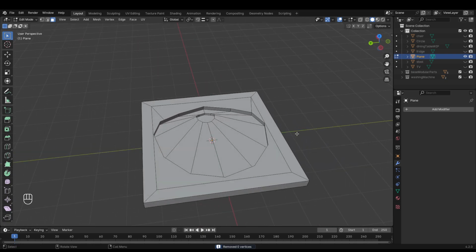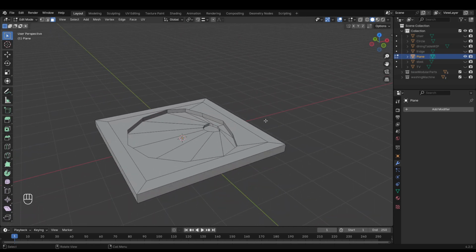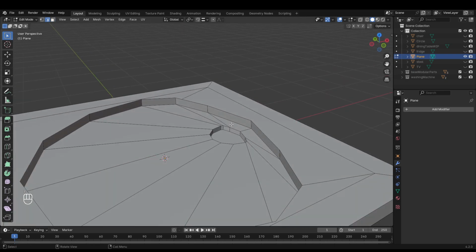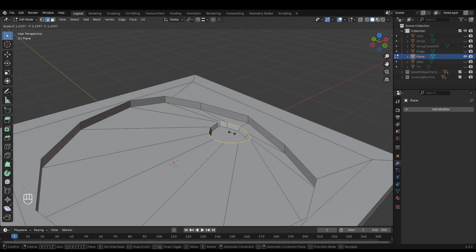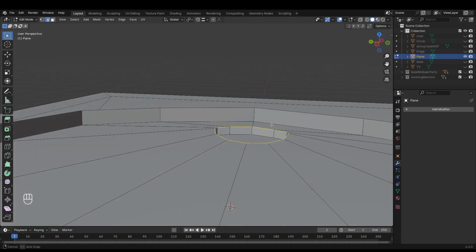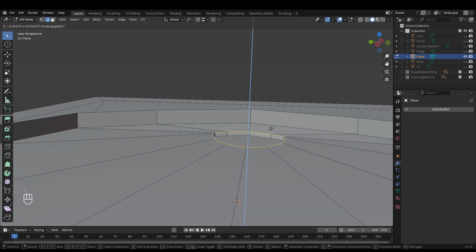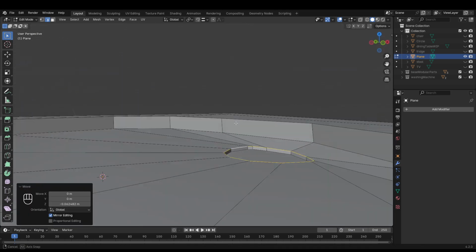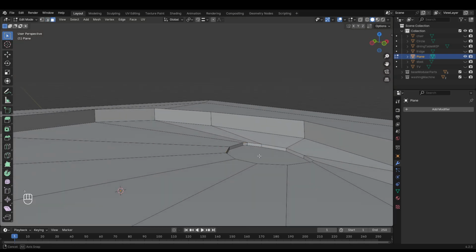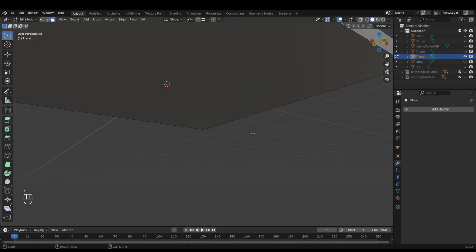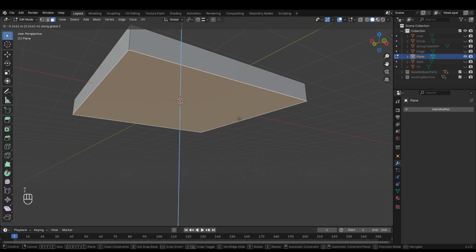But yeah, that seems kind of fine. What you kind of have to do is grab these and, let's actually make this a bit thicker because it needs to be a bit thicker,